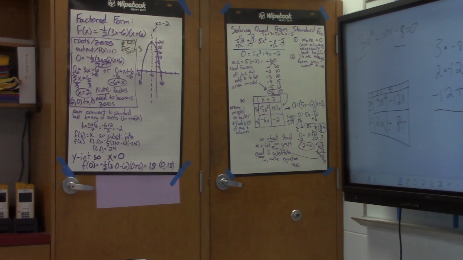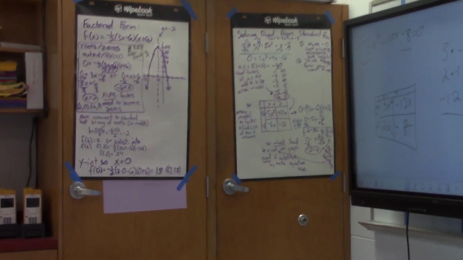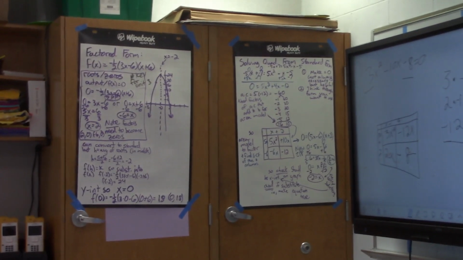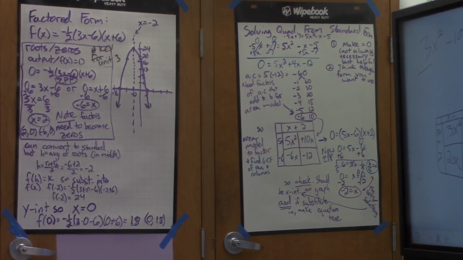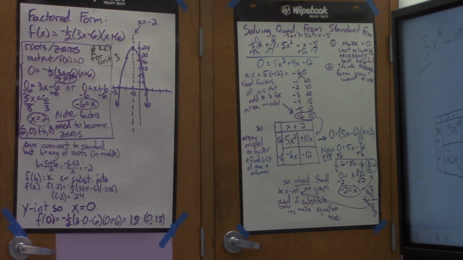factored form, right? So the one on the left was when we were trying to graph a quadratic in factored form, and so we just used that factored form as was to get the roots. On the right hand side is when we learned how to go from standard form to factored form in order